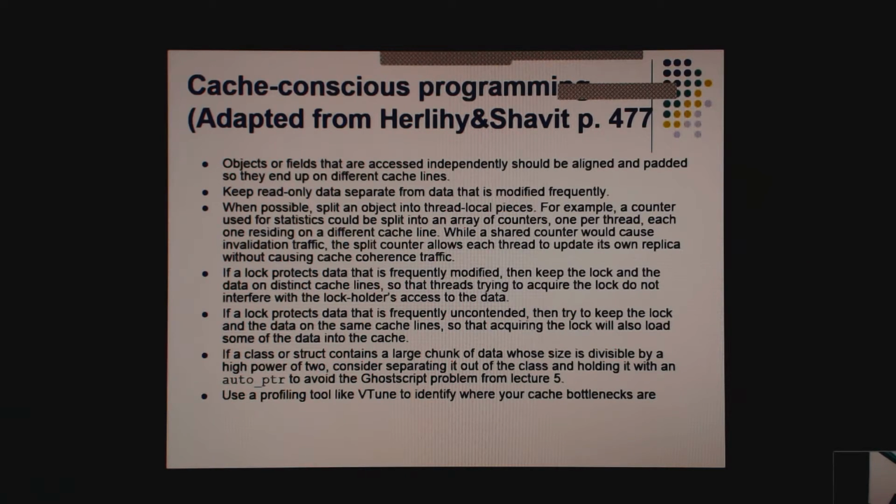So a counter should always be split into an array of counters, each one residing on a different cache line. Okay, and that'll avoid an update to your counter invalidating the cache for the other ones. So we illustrated the effect on performance that has.